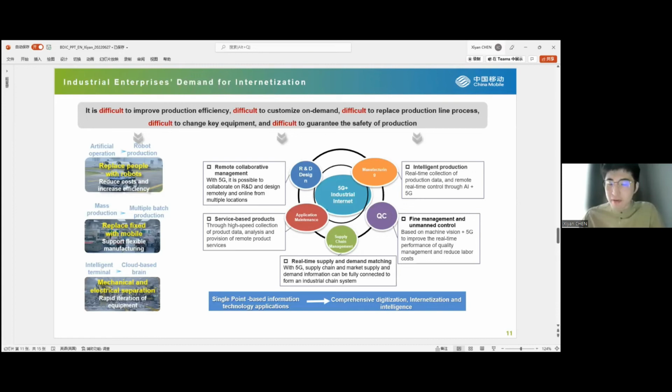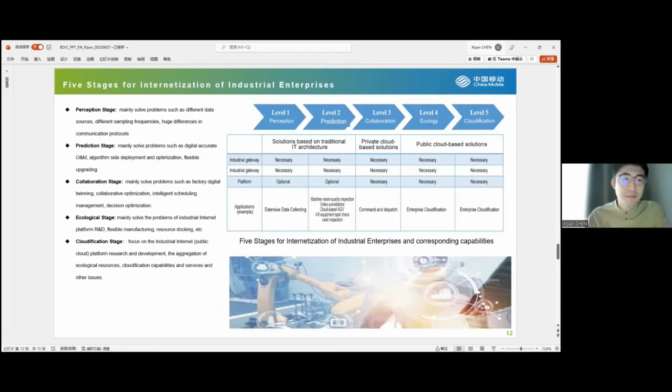Now, there will be 5 stages for the digitalization of the industrial enterprise. The first level is the perception level, which mainly solves problems such as different data sources, different sampling frequencies, and huge differences in communication protocols. So in this level, a solution on the traditional IT factor is very necessary, and we don't need a platform. For example, the application is like